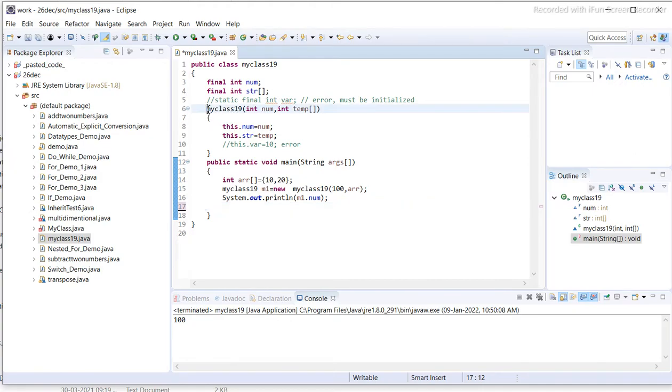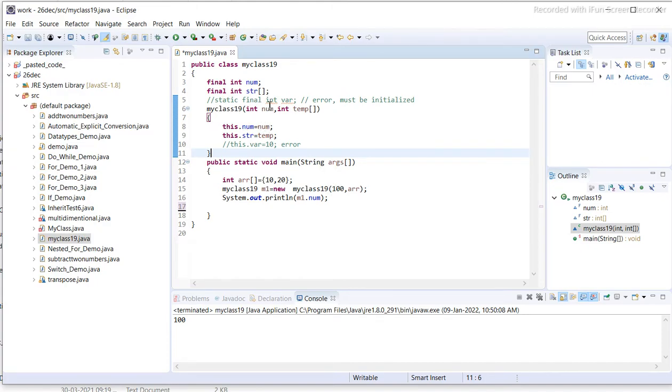Inside class MyClass19 we are writing integer num, integer temp. Now this.num is equal to num. So this is a setter method. That means using keyword this we can store that number. So whatever we write inside this, that is 100, here we are writing 100.